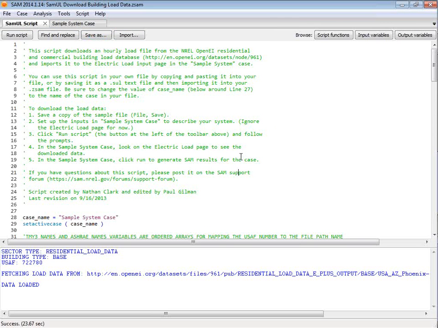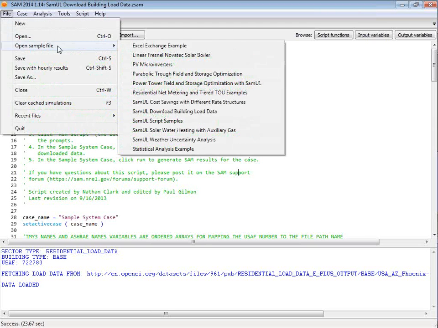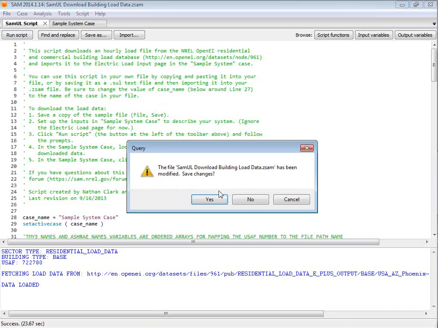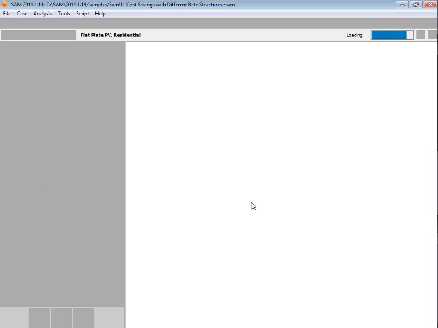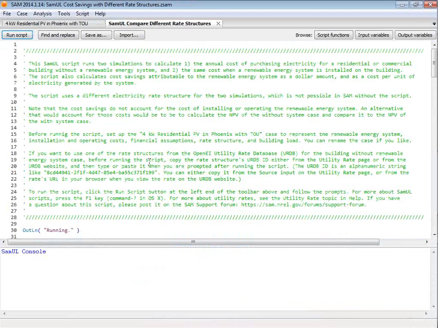Okay, let's save it there, and we'll come back to it in a moment. I'm going to show you another sample script that allows you to do the PV or the savings calculation. It doesn't have to be PV with two different rate structures. So this is a sample file with a SAMUL script in it,